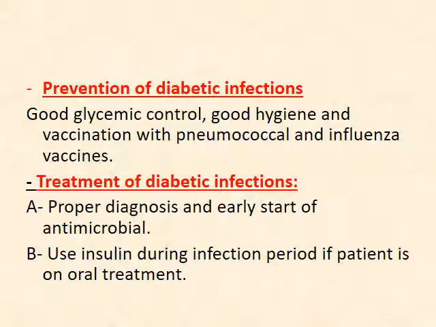To prevent diabetic foot infection, you must control the blood sugar. Keep the fasting blood glucose below 140, the 2-hour postprandial below 180, and the hemoglobin A1C around 6. Good hygiene and vaccination with pneumococcal and influenza vaccines. To treat the diabetic infection, early and proper diagnosis is a must, and early start of the antimicrobial. If your patient was on oral agents, shift to insulin, especially if the infection was